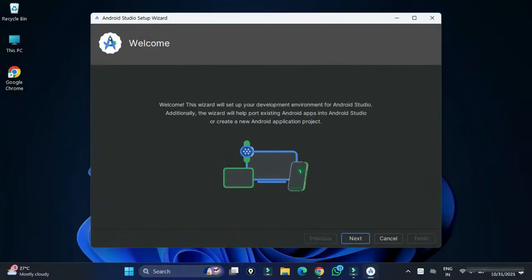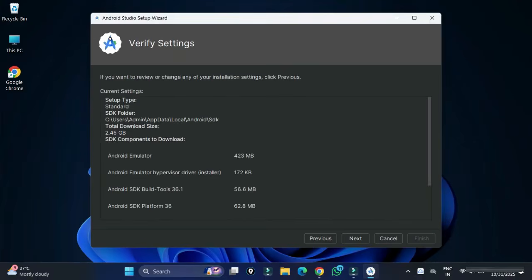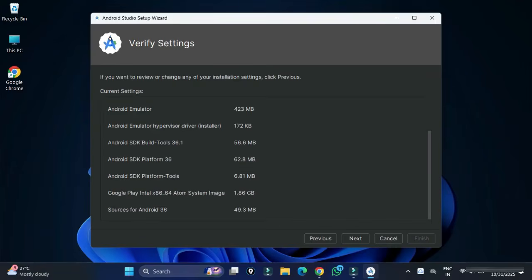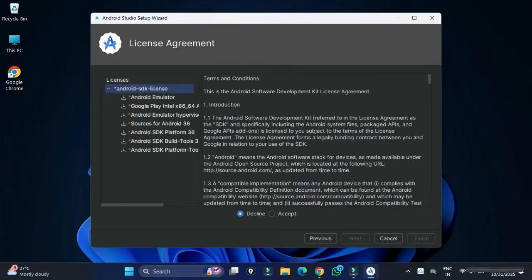So guys, this is the welcome screen of Android Studio, and here you need to click on this next button. And now here from the installation type, we are going to select standard installation and click on the next button. This is verify settings. So all the information is shown over here, like your SDK information, your virtual devices information. So later on your SDK as well as virtual devices will be installed. So just click on the next button, and here we have to agree to the licenses and click on the accept button. Until you get the finish button. So now click on the finish button guys.